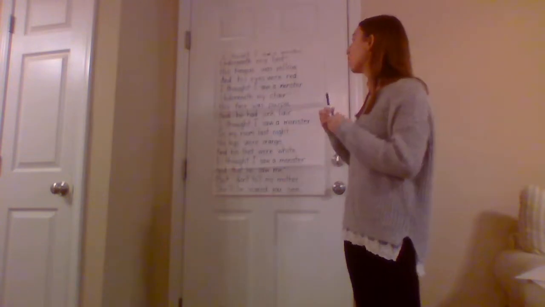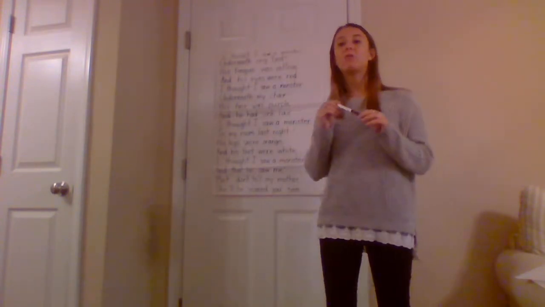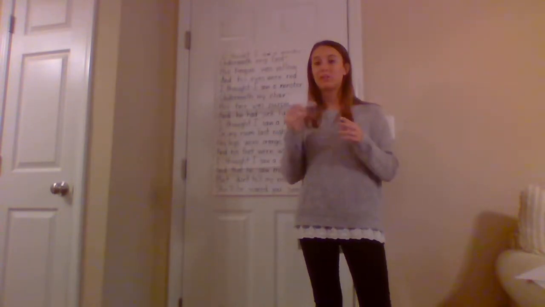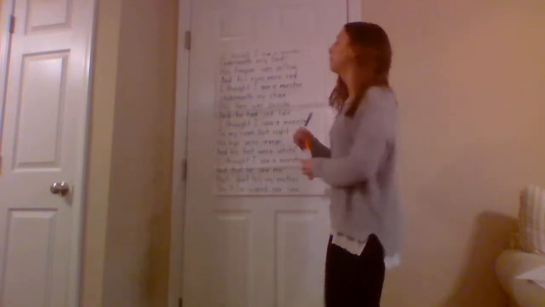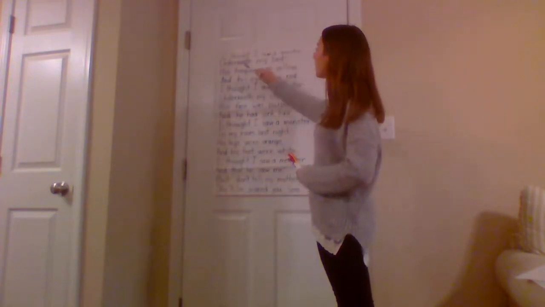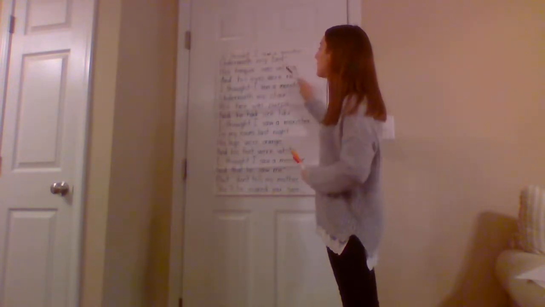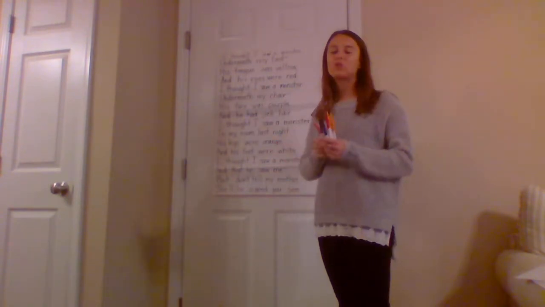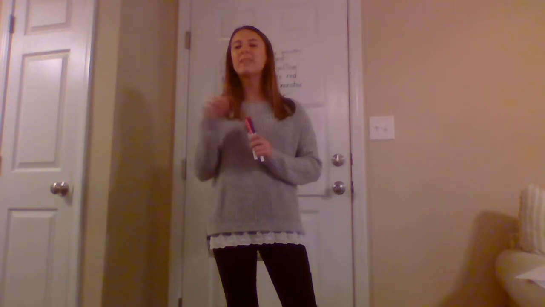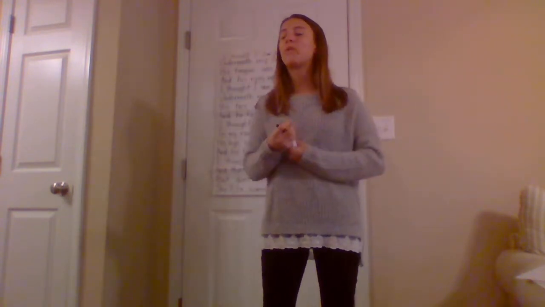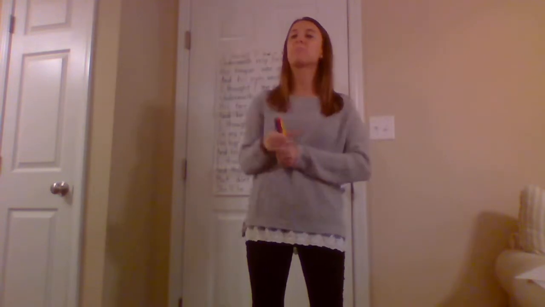So, we're going to go through this and read line by line, and I want you guys to tell me how they are describing the monster, because that's going to be the important parts of this poem, the descriptions, okay? So, here's the first part. I thought I saw a monster underneath my bed. His tongue was yellow and his eyes were red. So think about it for a second, and then you're going to share with your shoulder partner. And then if you think you know what the important parts, the descriptive parts are, raise your hand, okay? Give you a few seconds.